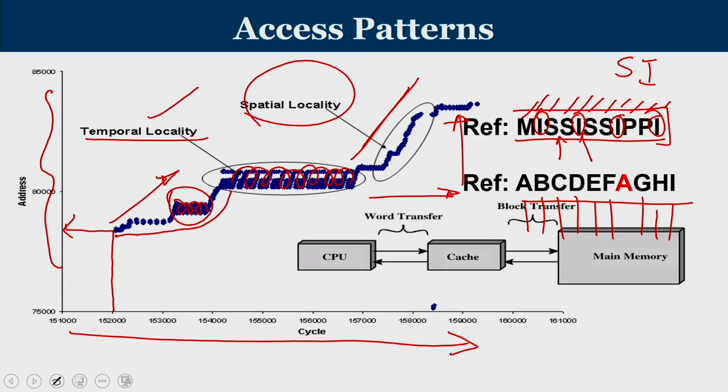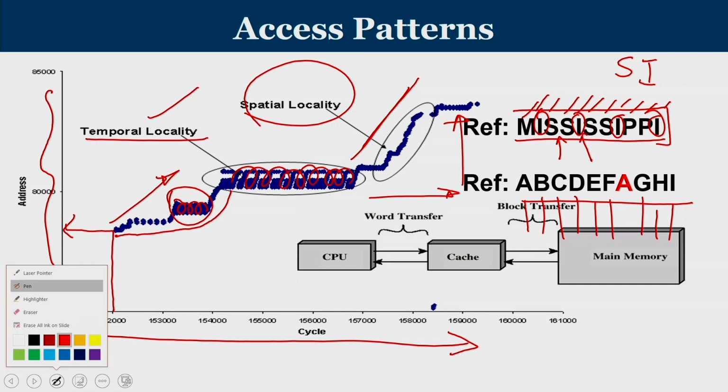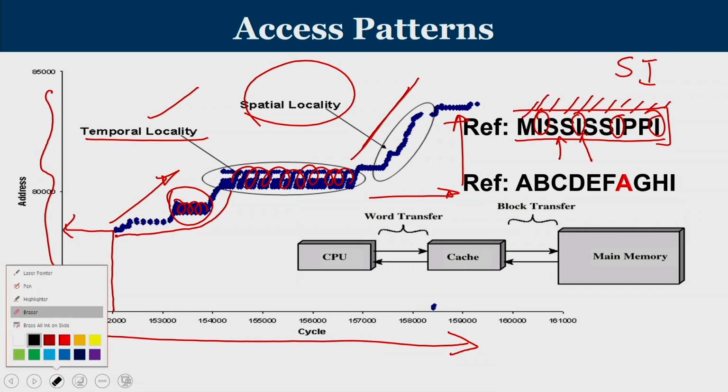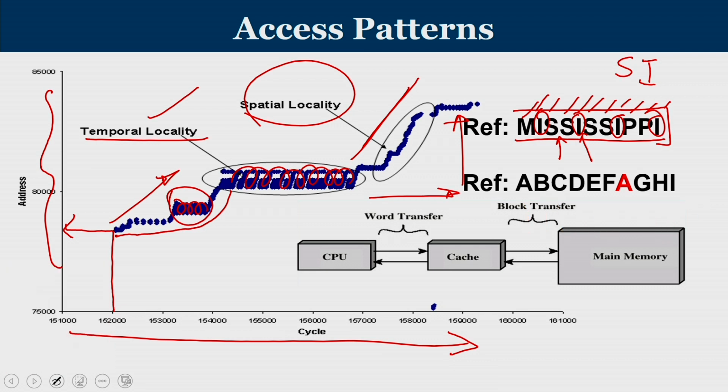So, when I look into the memory concept, as we have discussed, we have a processor, a main memory which is really big, and then we have a cache which is lying in between the processor and main memory. As and when the processor requests words, it contacts the cache and the cache is going to supply them. So the unit of transfer between cache and CPU is words.